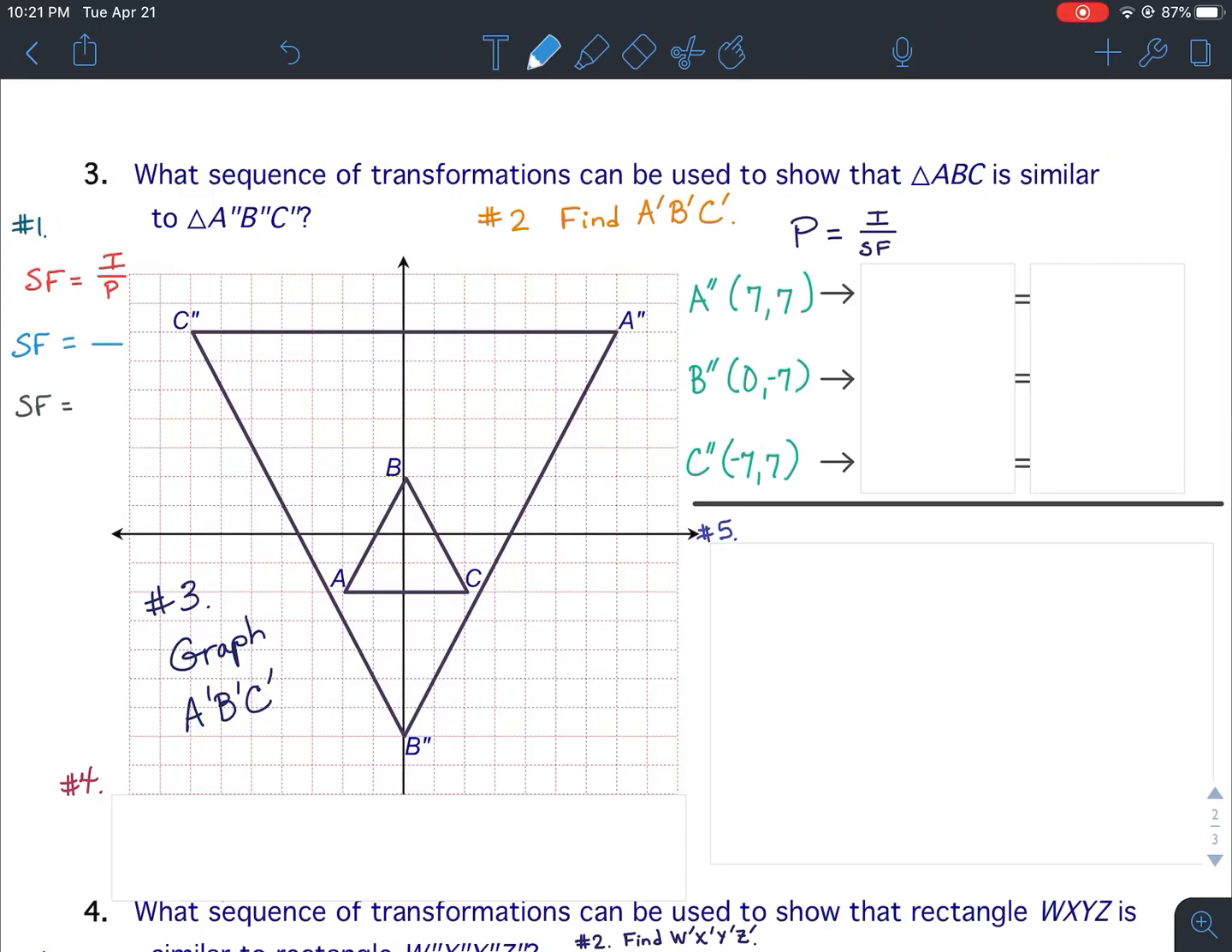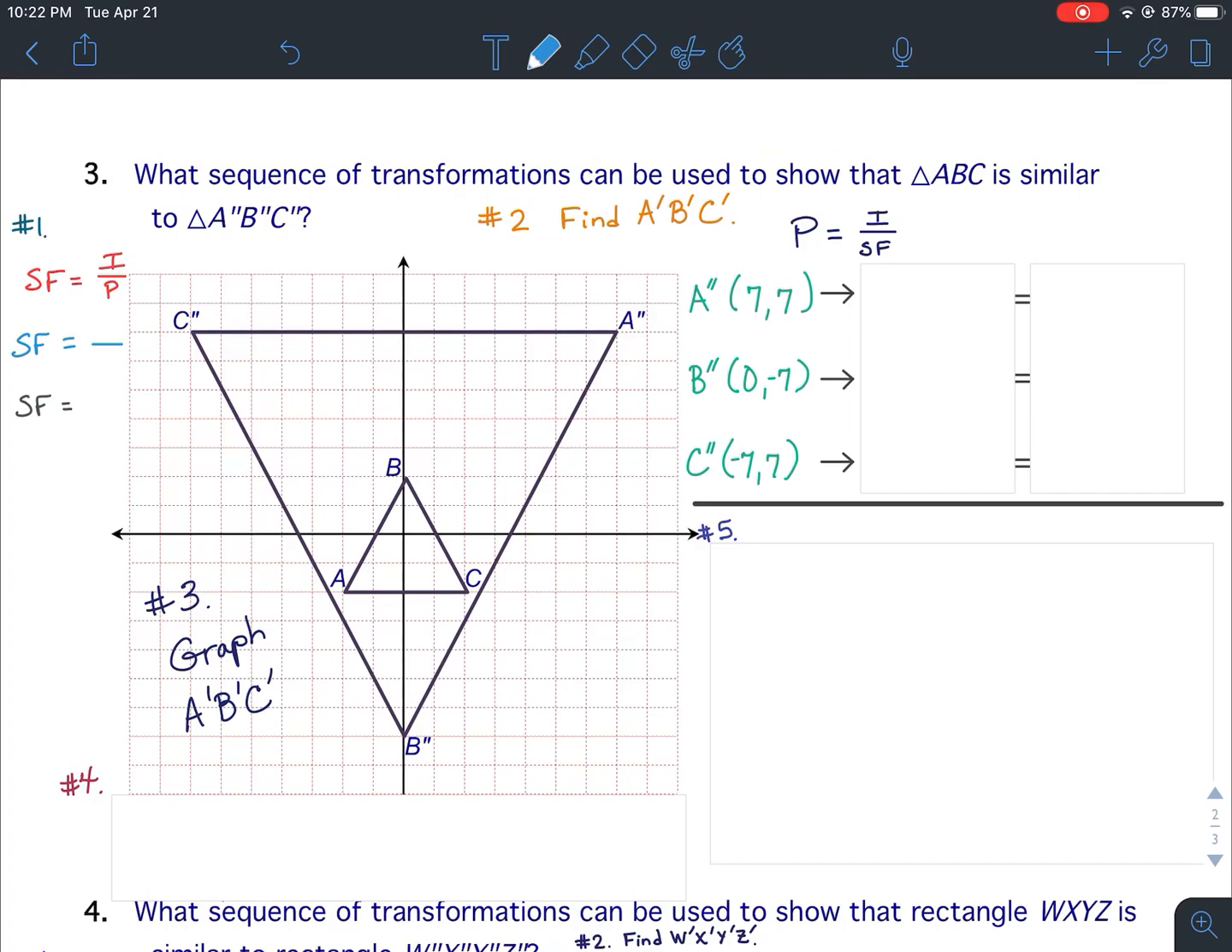Bellwork 21A, Question 3, Part 1. What sequence of transformations can be used to show that triangle ABC is similar to triangle A double prime, B double prime, C double prime? All right, so once again, we see the word similar, and you can tell by the graph that there's two